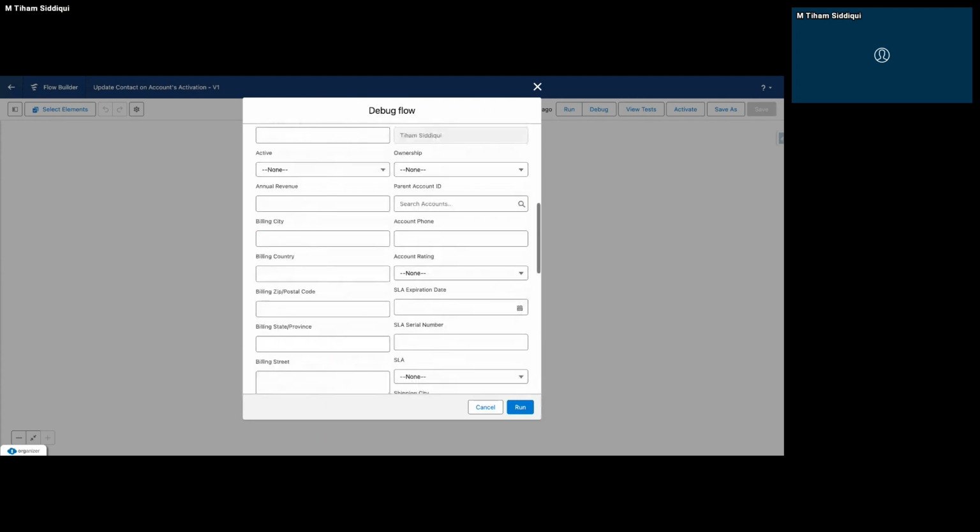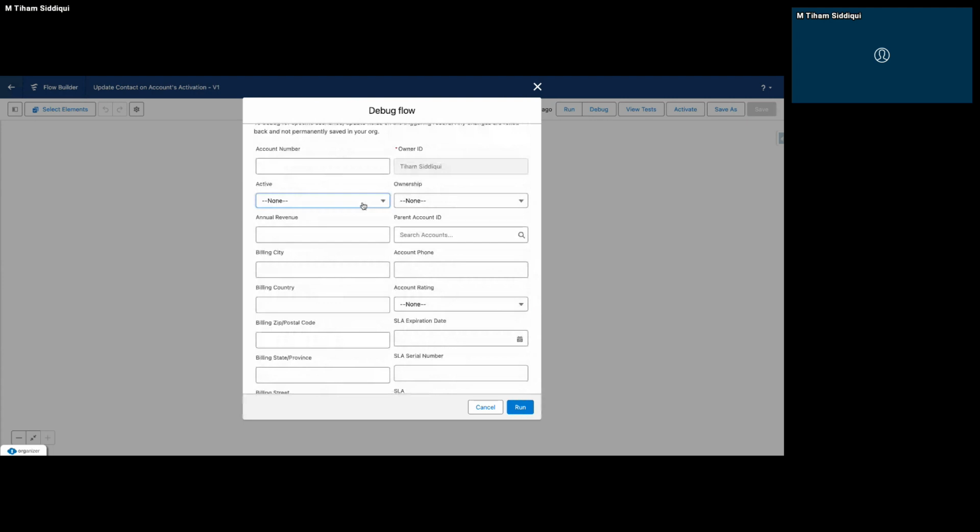I cannot see the active field. Yes, here it is. Right now it is set to none. If I select yes, the status of this field is now changed. And if I click run,